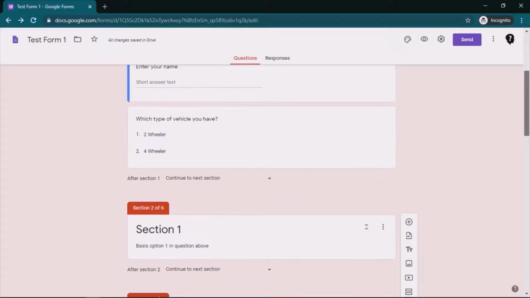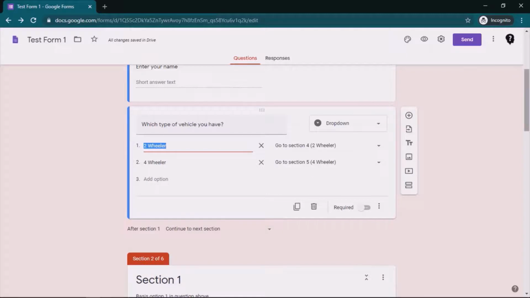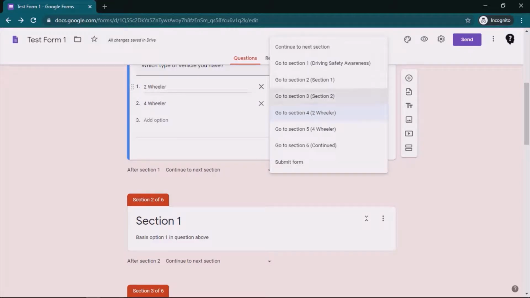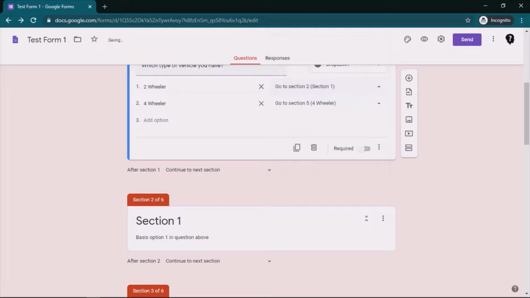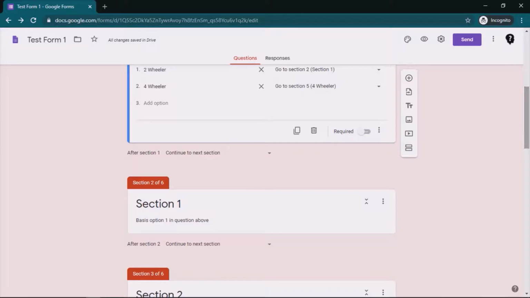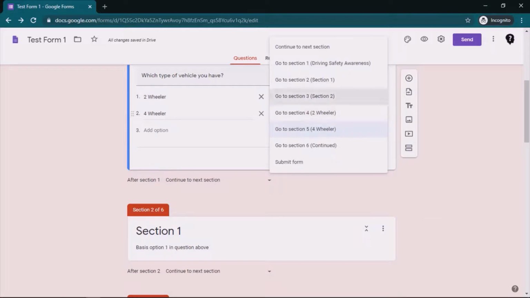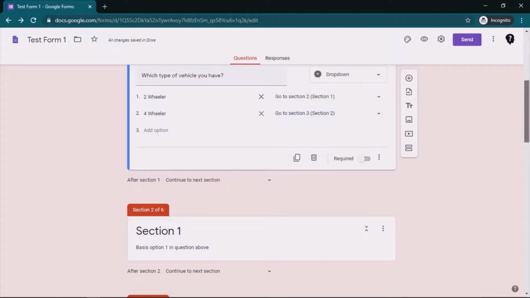Now what this means is, if here I say two-wheeler, then all my two-wheeler related questions I can park or create in section 2, and here I'll just mention go to section, say section 1, meaning this section. And if I have four-wheeler, obviously the four-wheeler questions may not be useful for two-wheeler type of questions. So here I'll go to my two-wheeler section, or section 2.